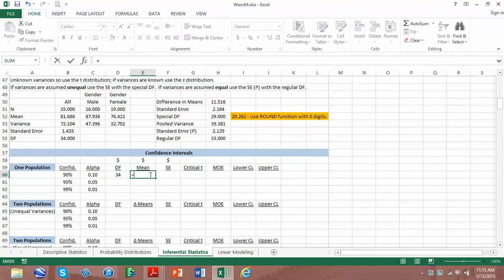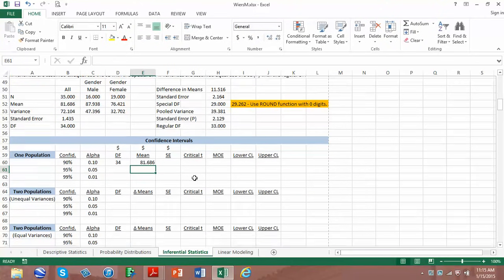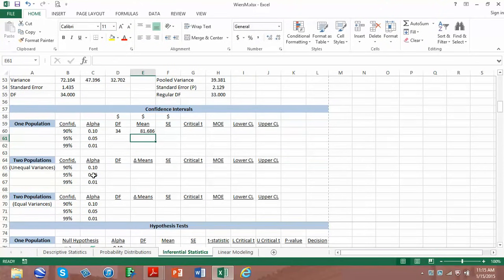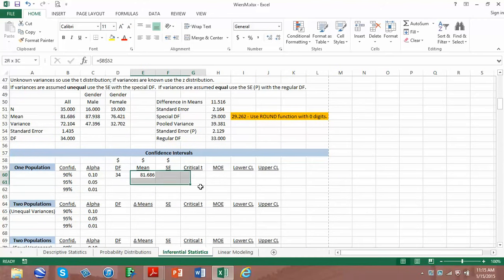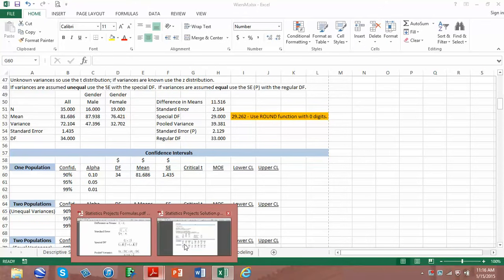So the mean is going to be this mean here, for the overall, F4. We'll use the delta mean down here for the two population analyses. So I can grab this right here and center, and then make sure it has 3 decimals. The standard error is the first standard error, which is right there. This is the one that's appropriate for the one population analysis. I lock that. Now the critical T, go over to your formula sheet